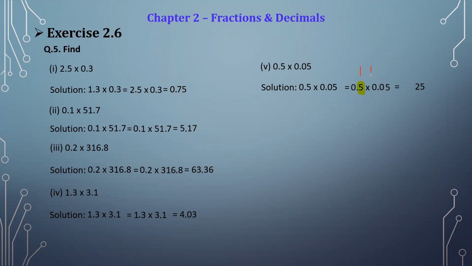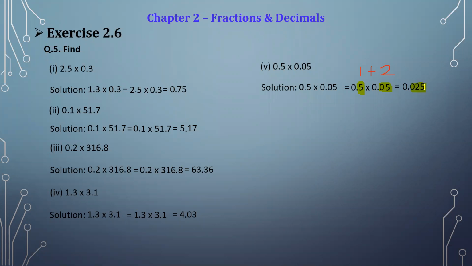Then we have to add the number of digits present in the second number. In the second number, 1, 2, so a total of 2 digits are present. Therefore 1 plus 2 is going to be 3. And so in the final product, 3 digits should be present after the decimal point, and therefore we can write it like